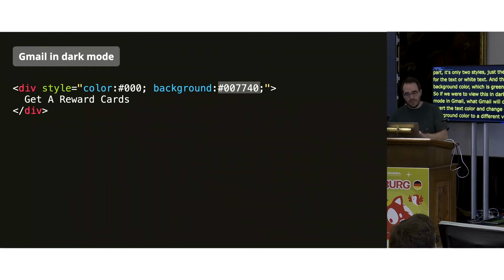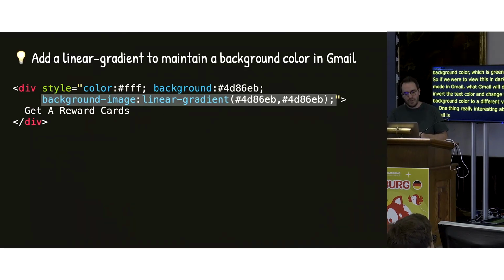Now, one thing really interesting about Gmail is that it supports linear gradient in CSS, and it doesn't change them in dark mode. So if we want to force our initial color for light mode, we can do this using a background image and linear gradients with just the same colors twice, so it's just a flat color.